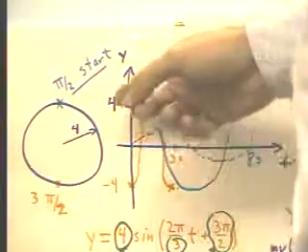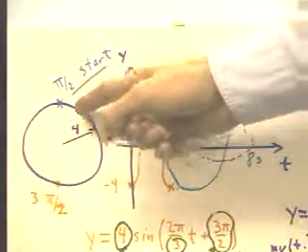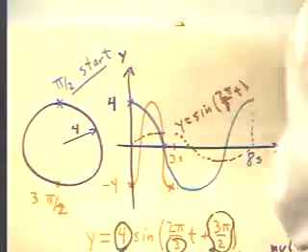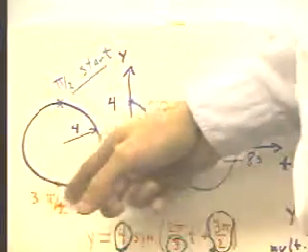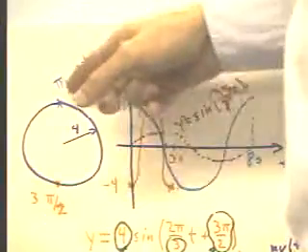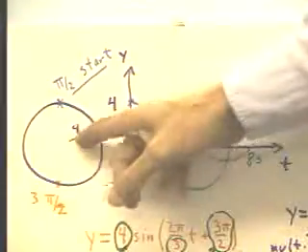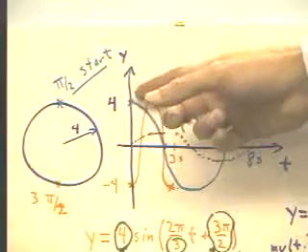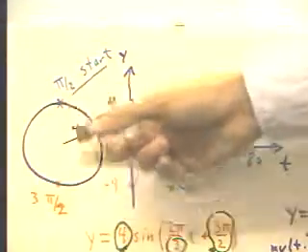We're asked to graph the y position of an object that starts in the circle at the pi/2 position and moves around the circle in 8 seconds. The circle has a radius of 4. So when we plot y versus x, we start at a y position of 4 units above